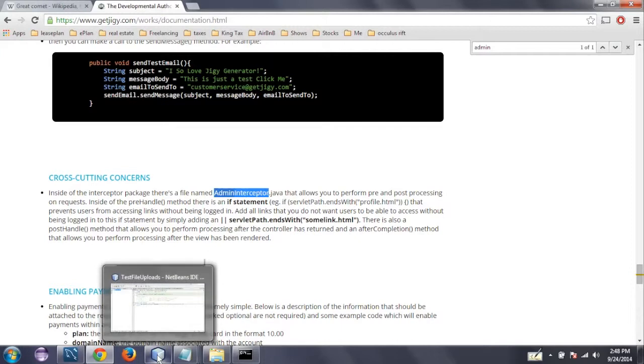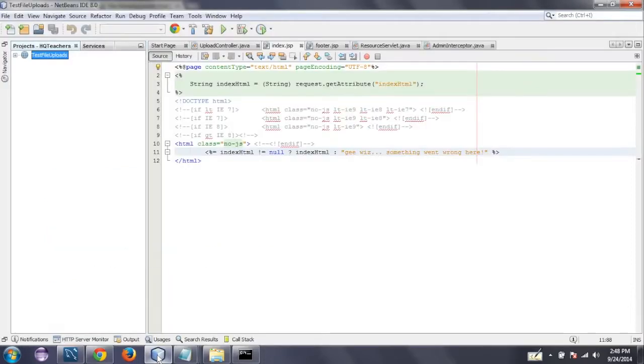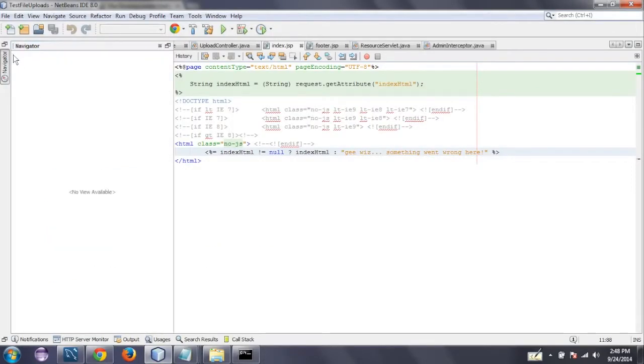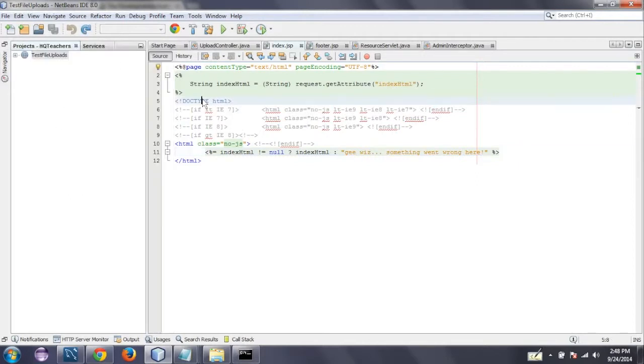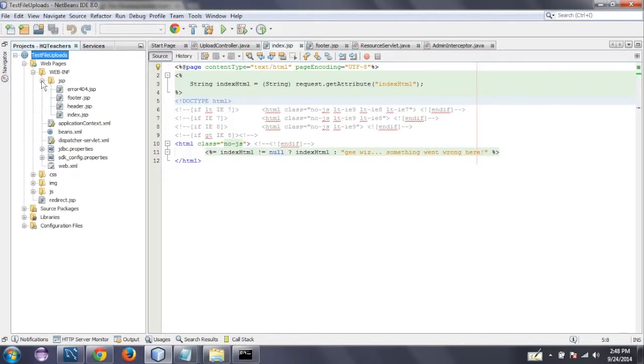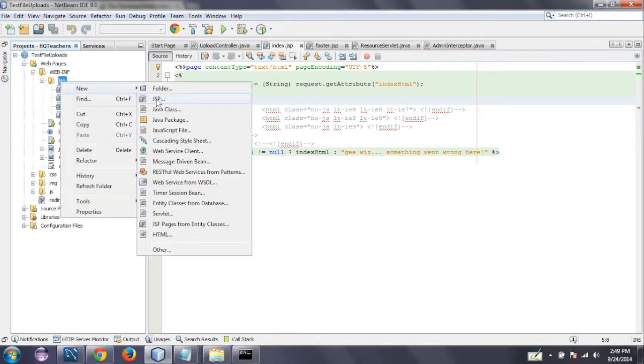So let's go to NetBeans, and we already have a project, test file uploads, and this is from our file upload tutorial. So we still have that project. Let's dig into that project right here. Now we're gonna go over to the JSP folder, because the way that we're gonna do this is I'm gonna create a new JSP and show you that I can get to it. And then I'm gonna show you how to protect it, because protecting pages is one of the main cross-cutting concerns